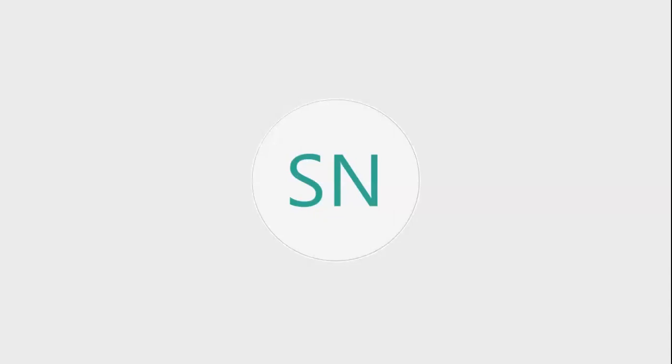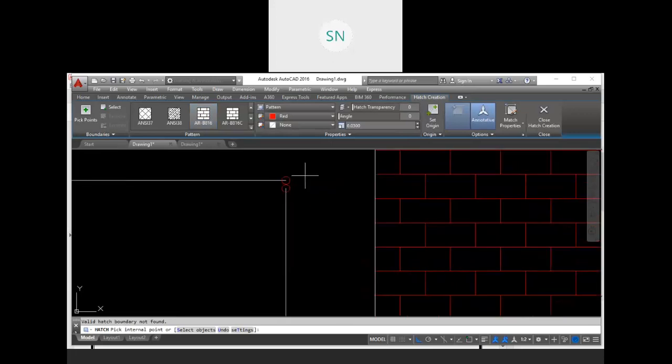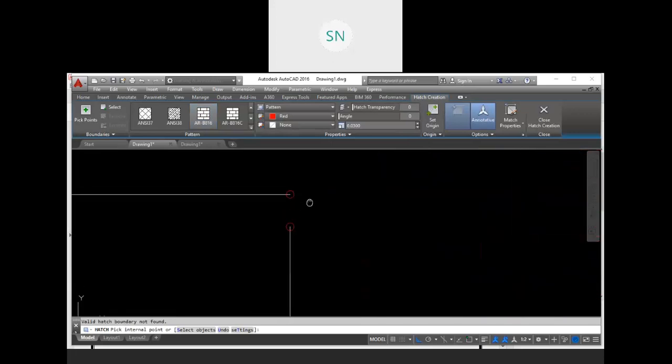Sometimes it is telling us that we have a problem over here, sometimes may not, right? So don't depend on this. See, this time it has annotated that we have open area, we have problem over here with these red circles.